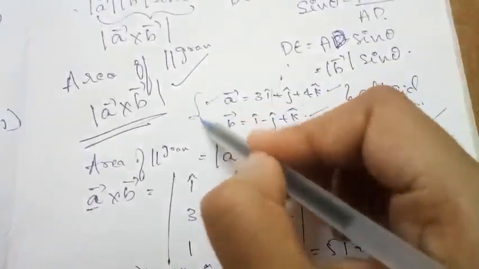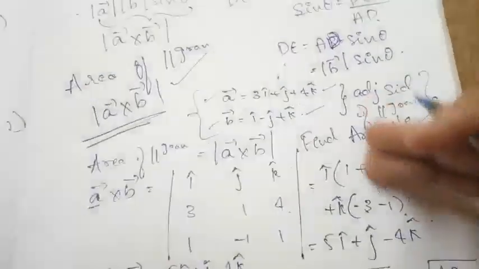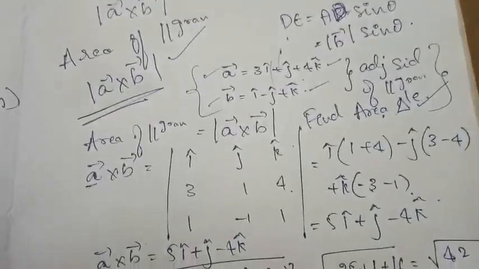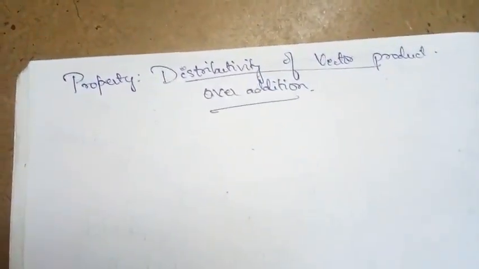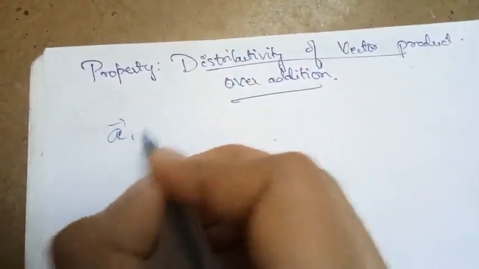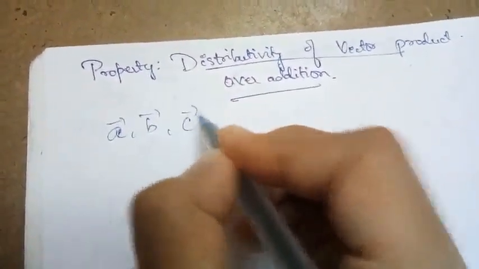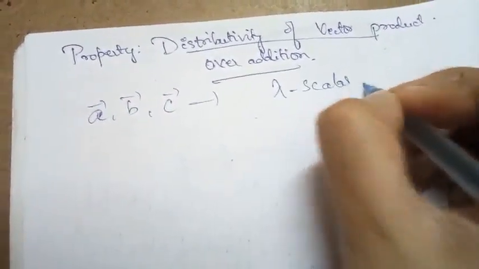So remember, this is one of the parallel ways of getting the area of a triangle. Here is one of the properties, which is the distributive property of the vector product over addition. Suppose vector A, vector B, vector C are any three vectors and lambda is any scalar, then